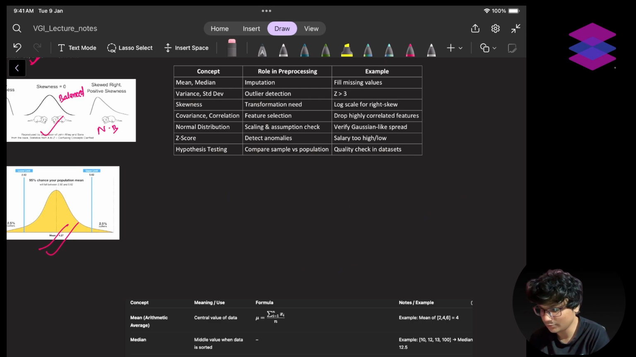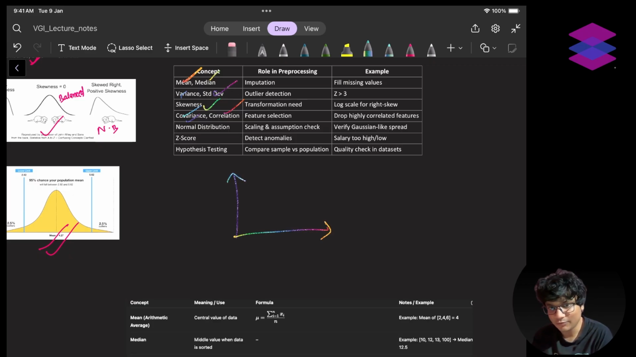So till now what you have understood about the mean, the median, the variance, the standard deviation, the skewness, the covariance. I think covariance and correlation is about whether your features are correlated. So it's like